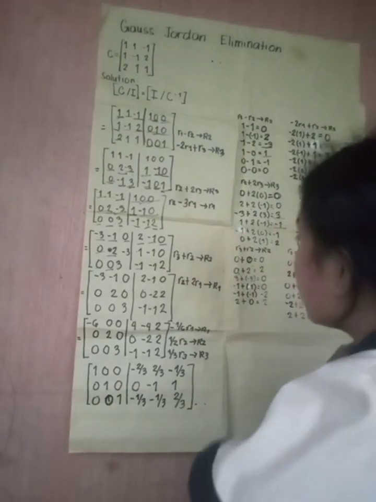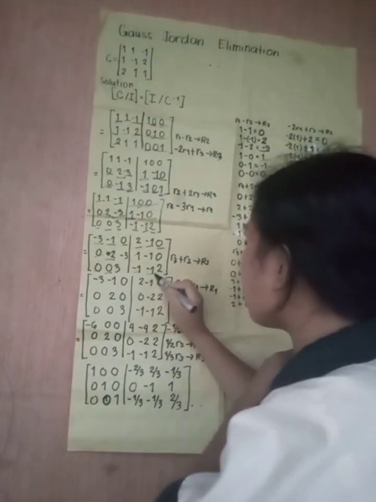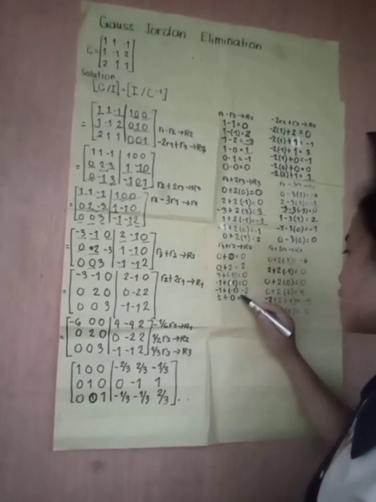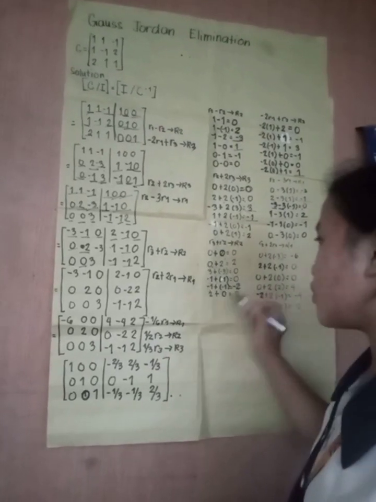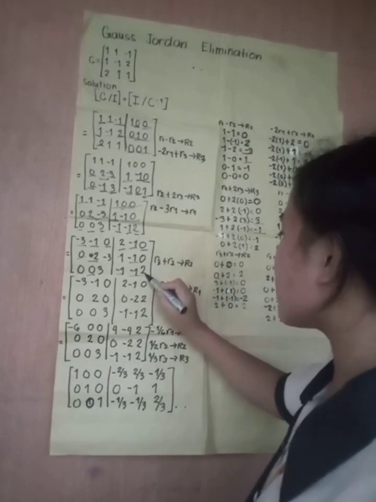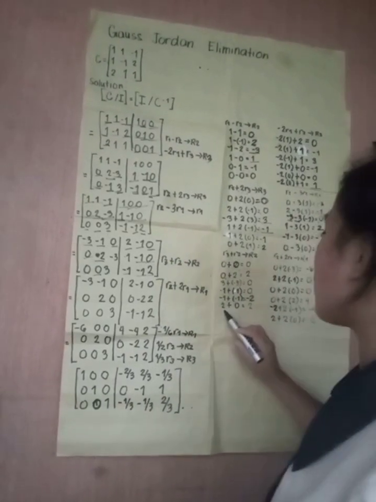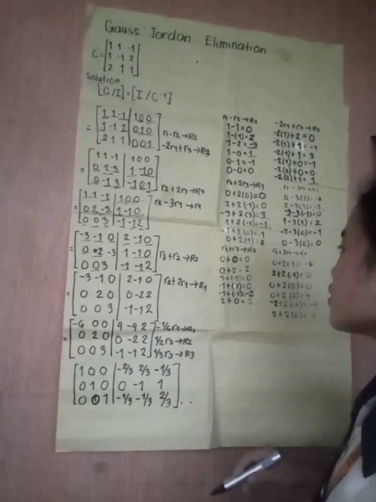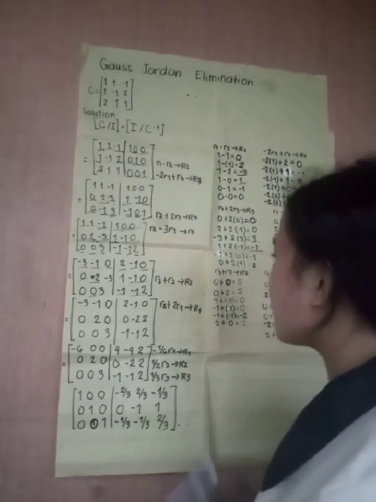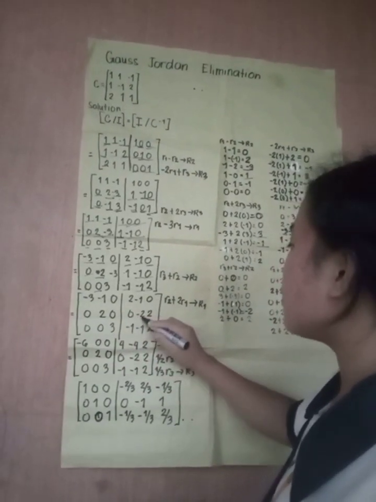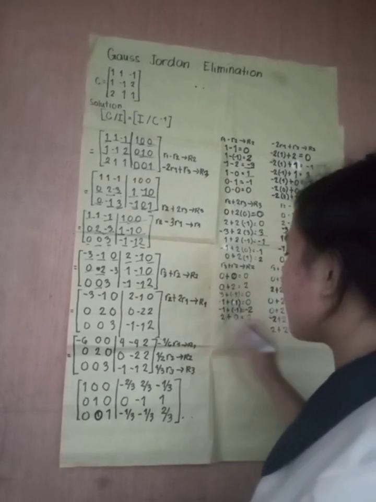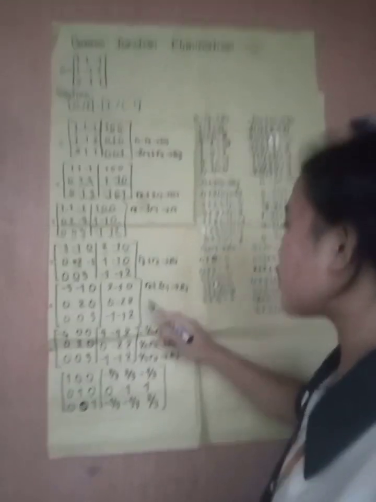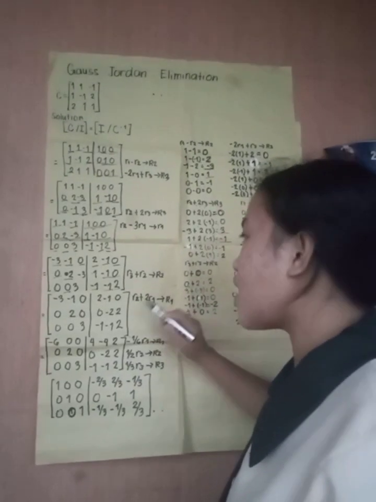Then in the fifth column, we have the row 3 is negative 1, then our row 2 is negative 1. So negative 1 plus negative 1, the result is negative 2. Then in the sixth column, we have the row 3 is 2. Then the value of row 2 is 0. So 2 plus 0, the result is 2. So our new value now of row 2 is 0, 2, 0, 0, negative 2, and positive 2. So we will just copy the first row and the third row. So in this part again, we will just add the row 2 and